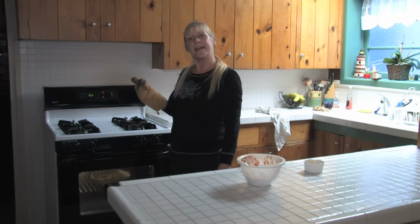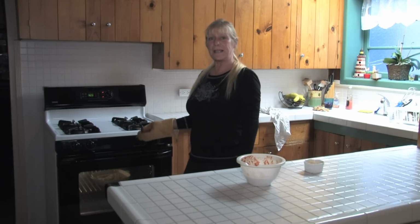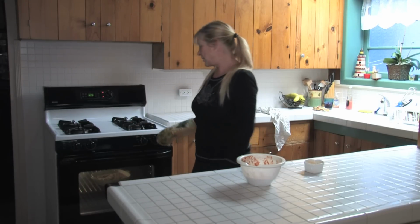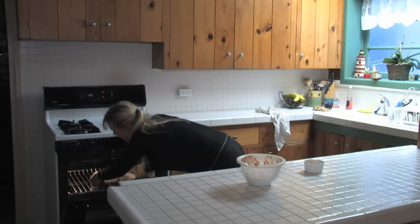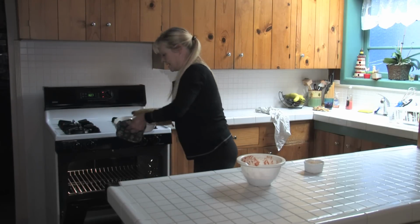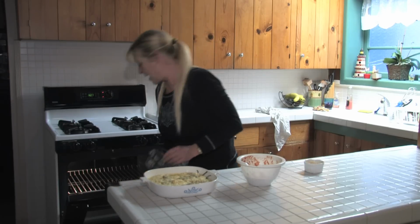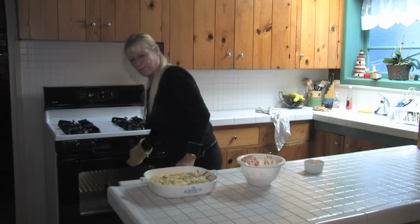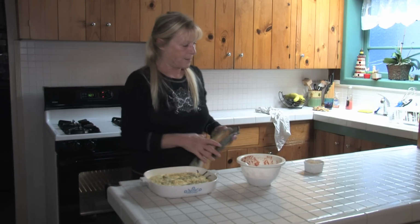Okay, I'm going to check my chili rellenos. They've been in the oven for about 15 minutes. Light golden brown is what I'm looking for. So let's pull them out of the oven. Yes, that's exactly what I'm looking for right now. They're not completely done. I just want the top of the crust to be a light brown, because right